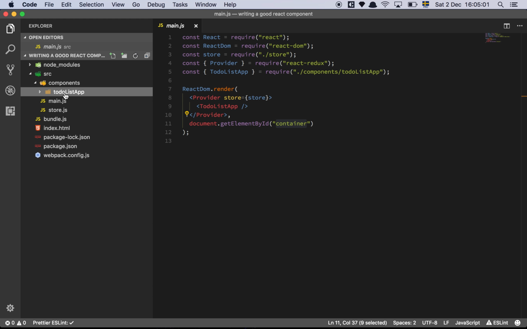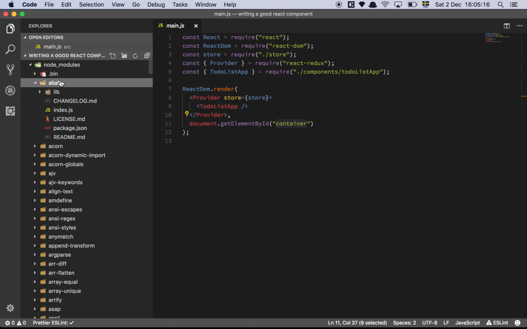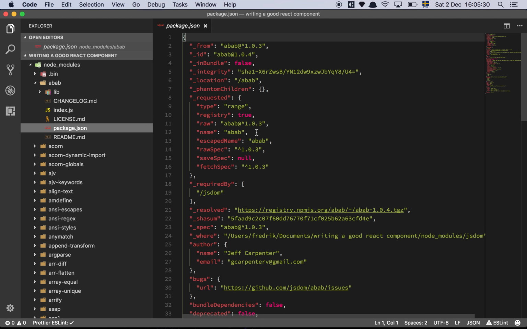I think that you should have the approach that node modules have. If you look at the way these dependencies in node modules work, each directory is basically just a library. So if I open this library here, everything that is associated with this library is inside of this folder, and the only contract between this folder and my project is that there's a package.json that specifies, let's see here,